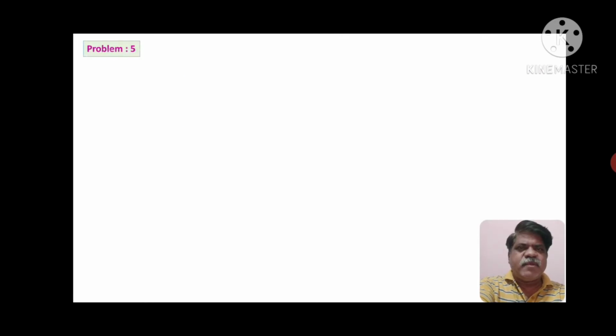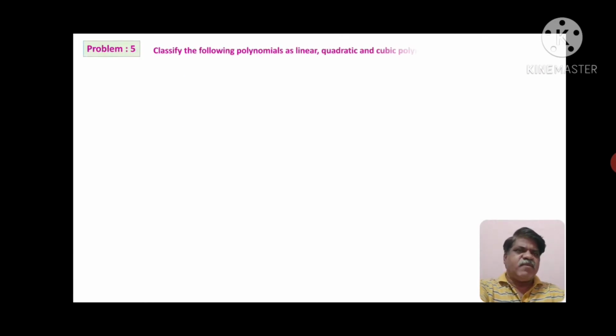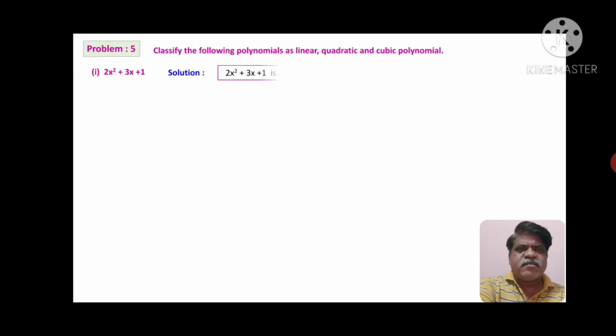Now we'll consider problem number 5. Classify the following polynomials as linear, quadratic or cubic polynomials. Friends, the first expression given is 2x square plus 3x plus 1. Here this 2x square plus